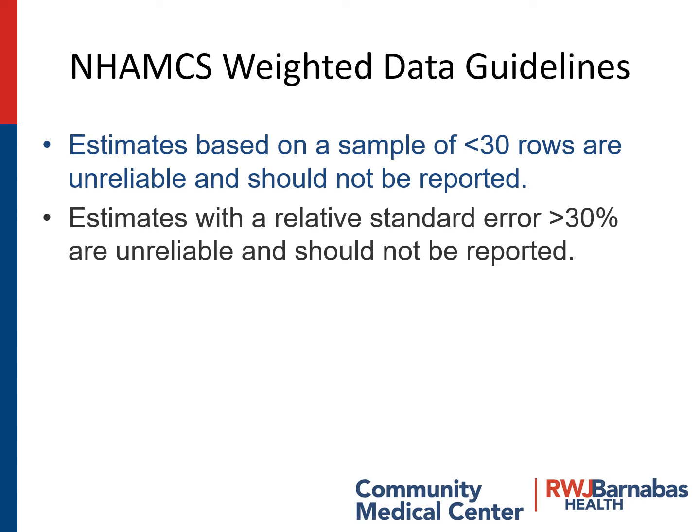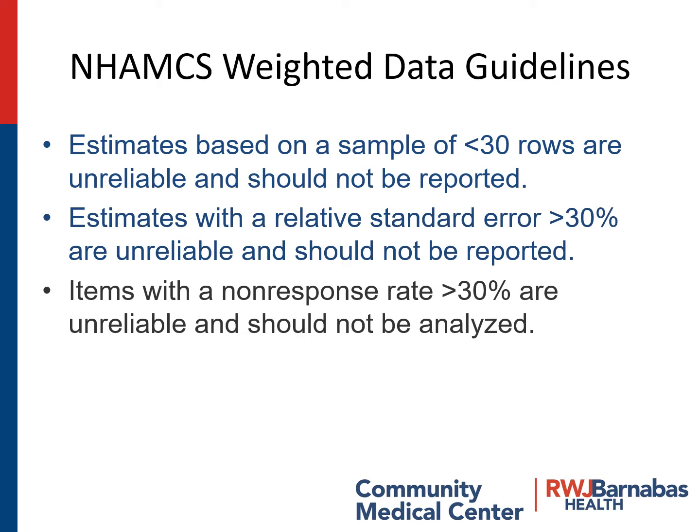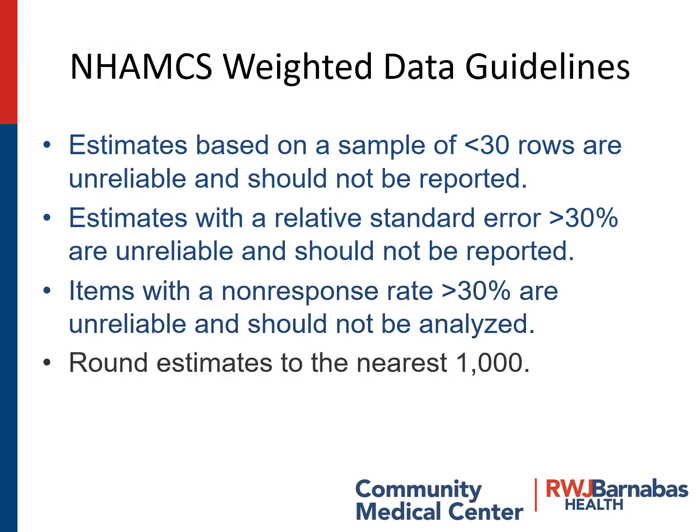It's too volatile, essentially. Items with a non-response rate of greater than 30% are unreliable and should not be analyzed, and you should round visits to the nearest 1,000. And it's the NAMCS rule of three. It's got to be greater than 30 rows, less than 30% standard error, less than 30% non-response rate, and 3